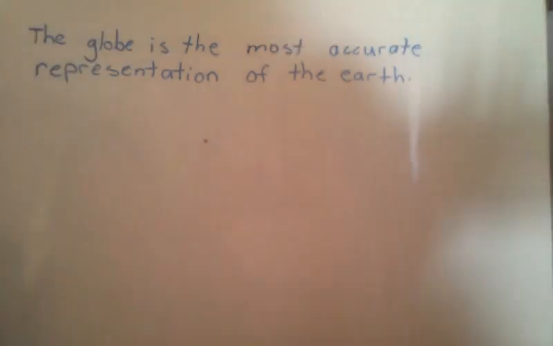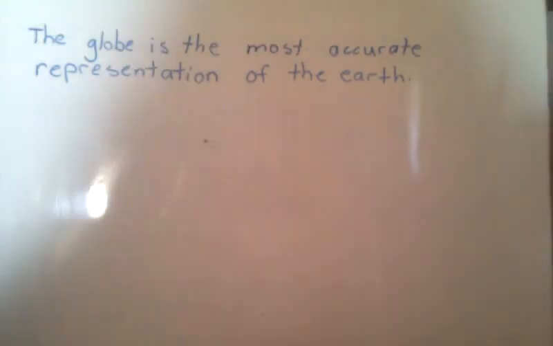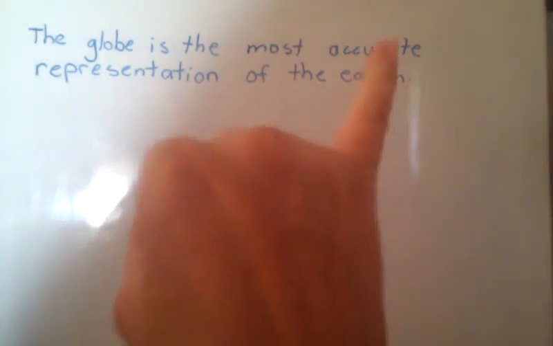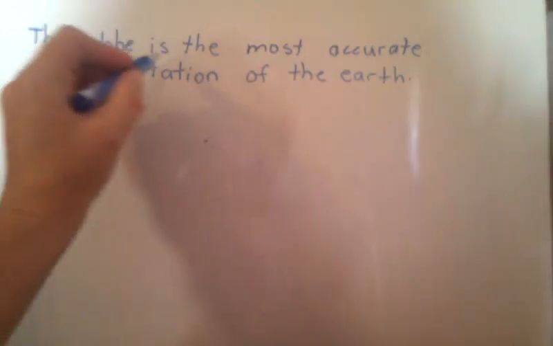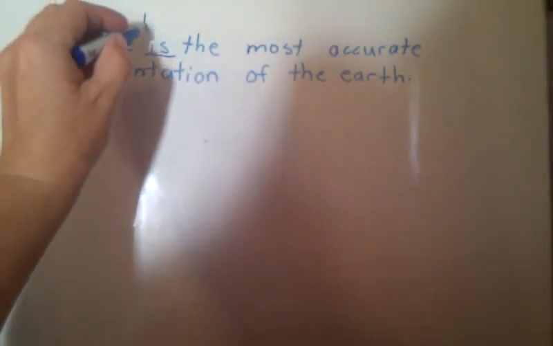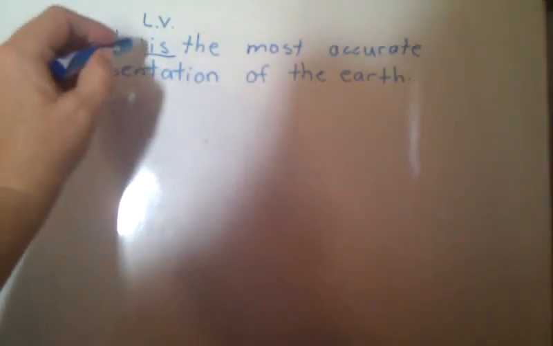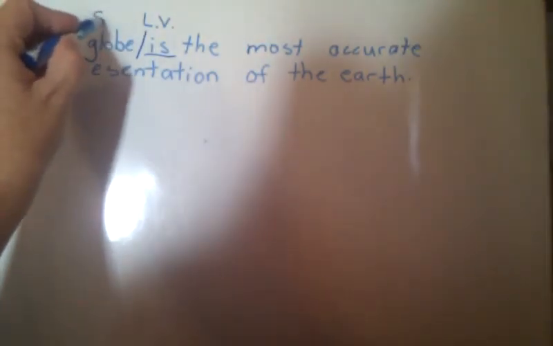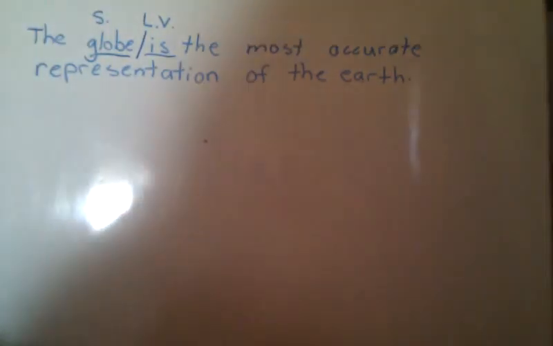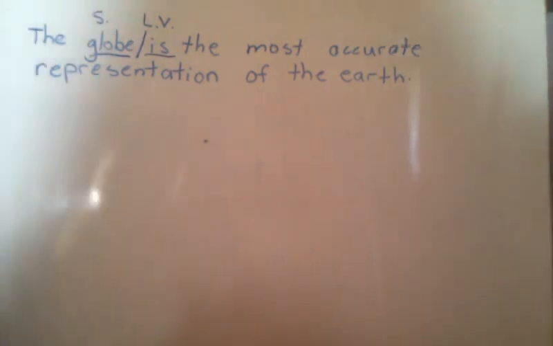Okay, well the first thing we should have done is looked for the verb. What is the verb? The verb am, are, is. Oh, so I have is. So is my verb. Can you is? No. So I know it's a linking verb. Okay, what is? Globe. So I know globe is my subject. Globe is what? Globe is